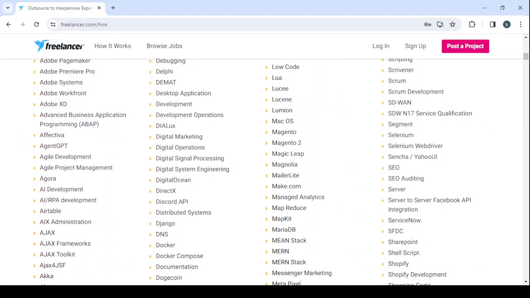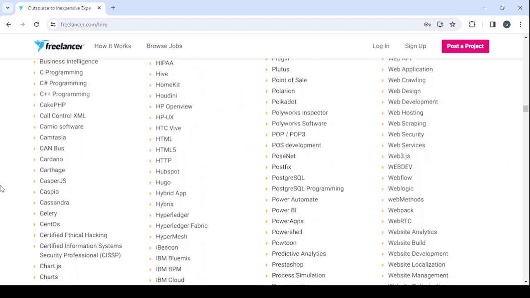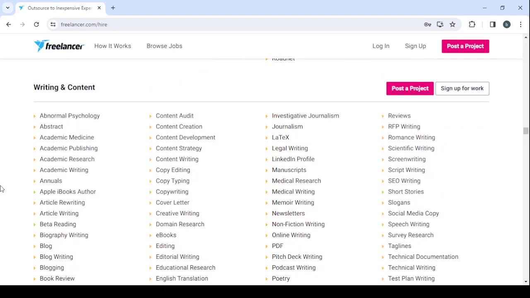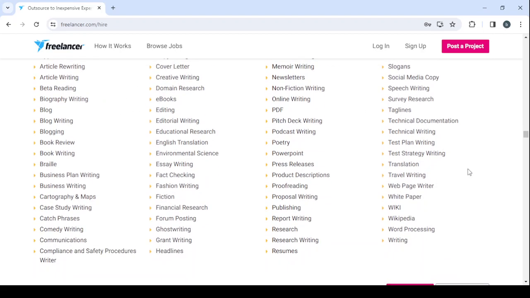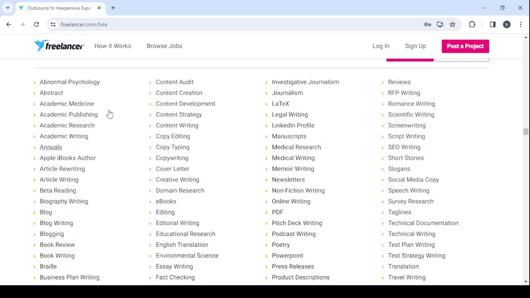Let's find the content category. So let's scroll down. We have the writing and content category. This is where we can find a TikTok content creator. So let's go to the T. We have here T, taglines, technical writing, travel. I don't know. We have